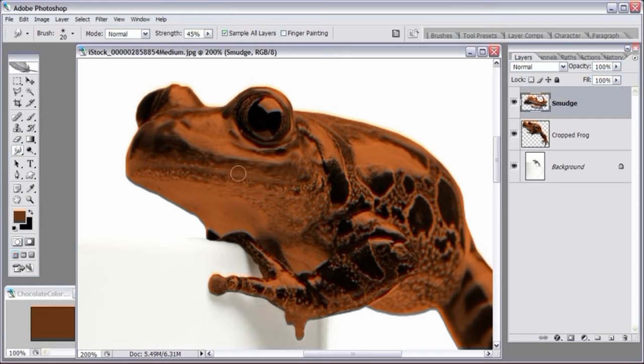For instance, his mouth, where it closes, we want to retain the detail right where that spot is. So we don't want to smudge over that like this, because that's just not going to look right. So what we will do is just ignore that spot and go around it